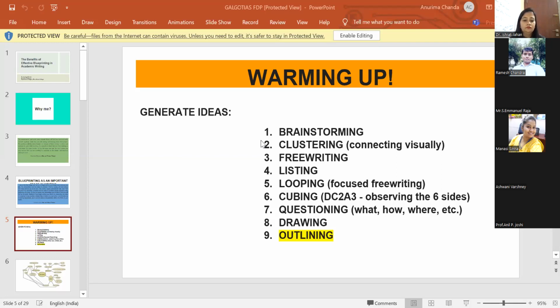What you do with it, whether you keep it or not, because this is just the ideation stage, is up to you. But this is one way where you can actually put yourself into your own thesis.